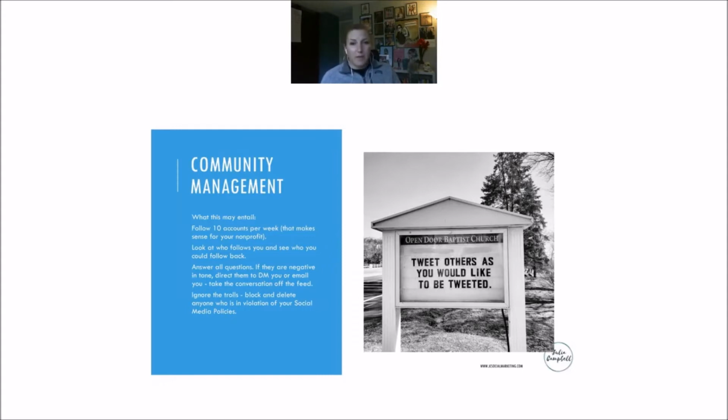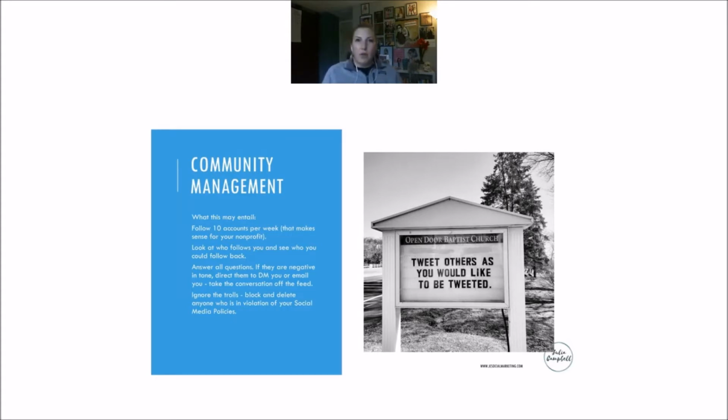It's not a newspaper ad. So community management, what this might entail: following 10 accounts per week. We are not Taylor Swift. Taylor Swift follows 0 people on Instagram and has over 150 million followers. We are not her. So we have to follow people to constantly be building up our own following, and also